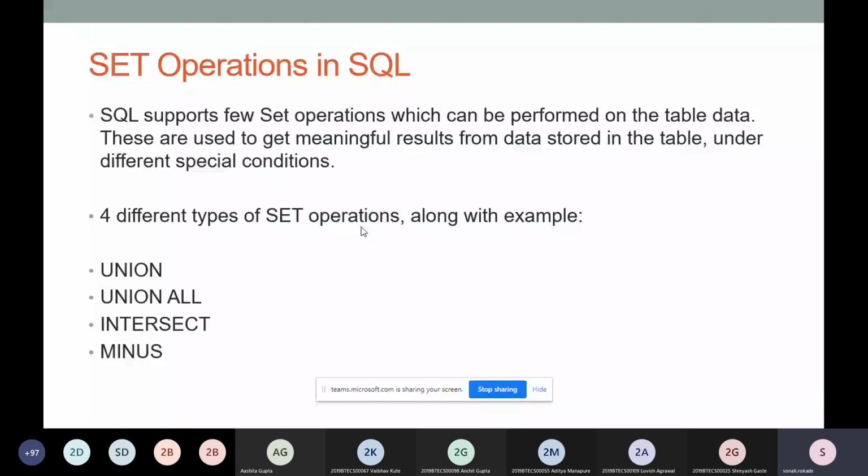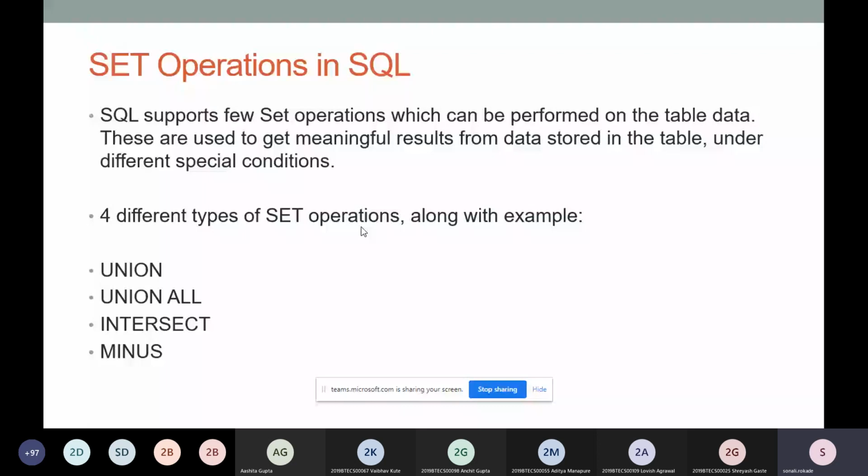SQL supports a few set operations which can be performed on our table data. These are used to get meaningful results from that data. Okay, so what are the meaningful reasons? Suppose I want to find out only a portion of that data.